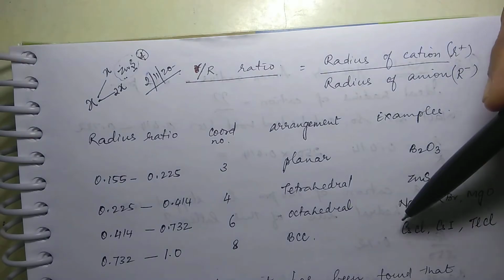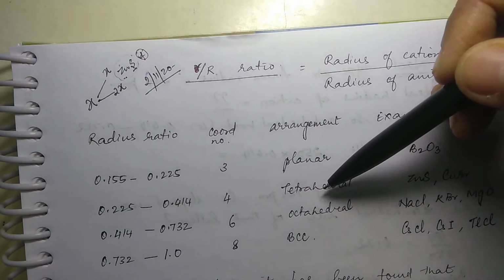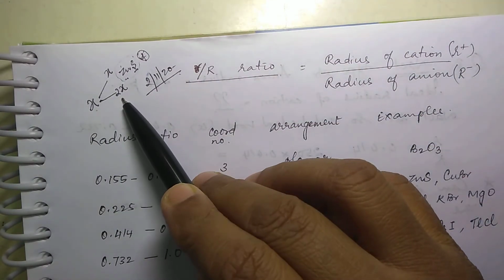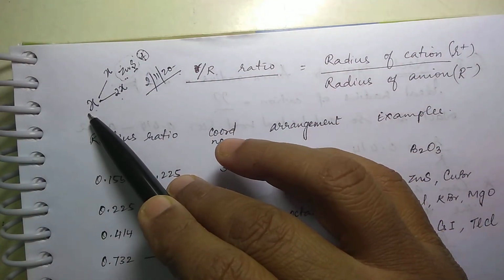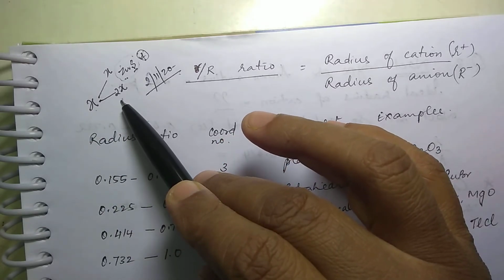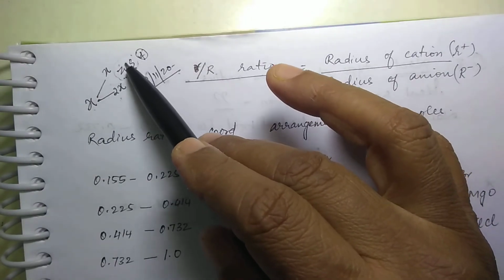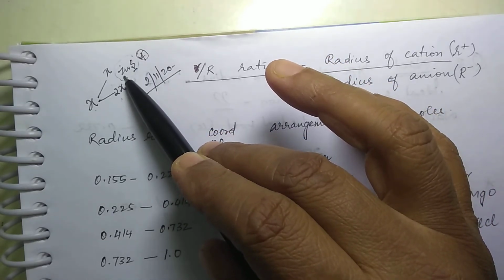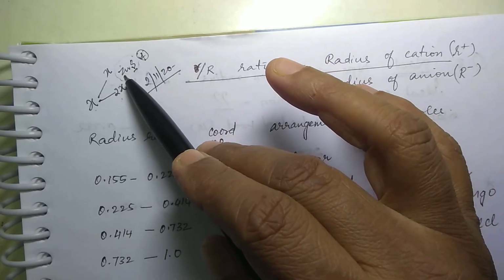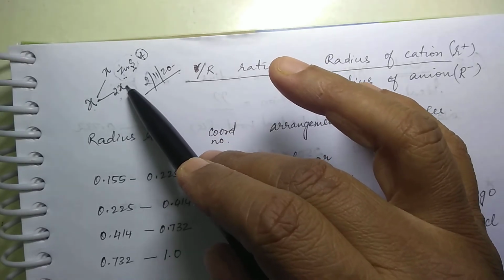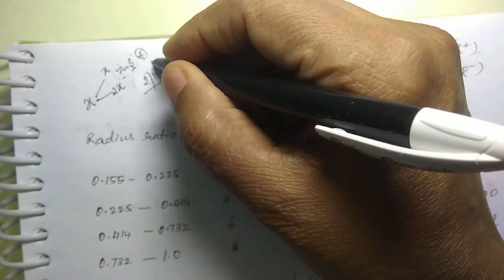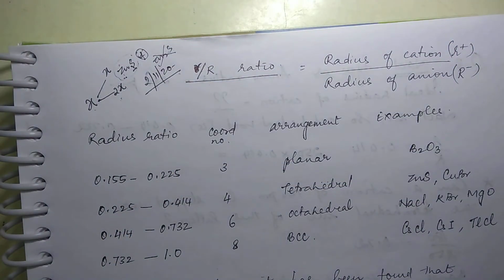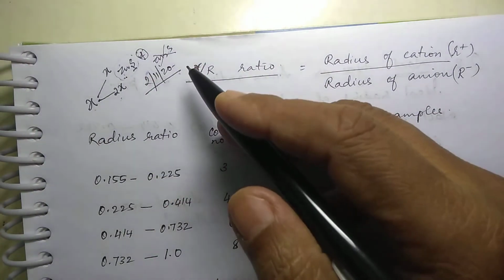And here I told you that in the case of zinc sulfide, it is occupying the tetrahedral voids. And tetrahedral voids are 2x in number. If there are x number of ions, the number of tetrahedral voids is double. So if there are 4 S2 minus ions, then there should be 8 zinc 2 plus ions. Right? So if there are 8 zinc 2 plus ions, then your formula would be Zn2S. Okay? It should be Zn2S, right? But Zn2S does not exist. It is only ZnS. So what does it show?